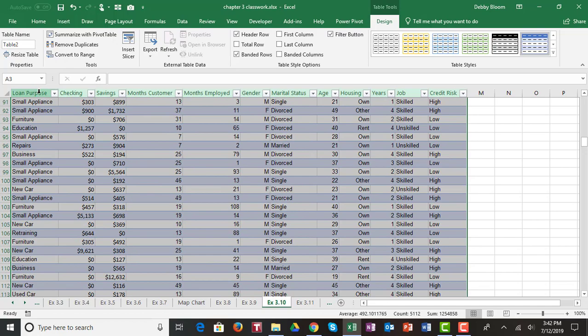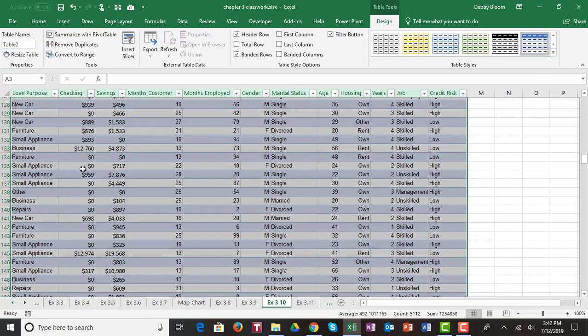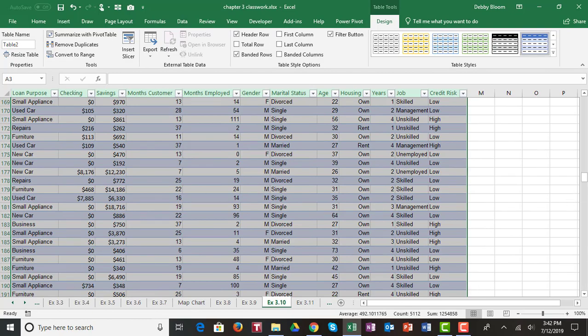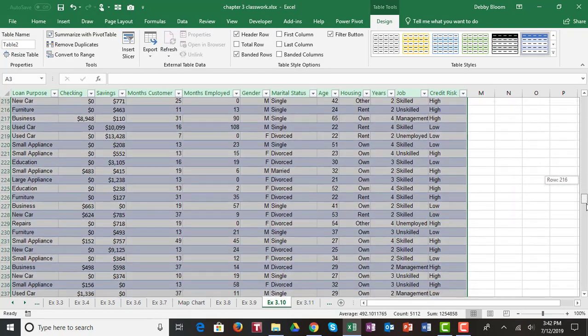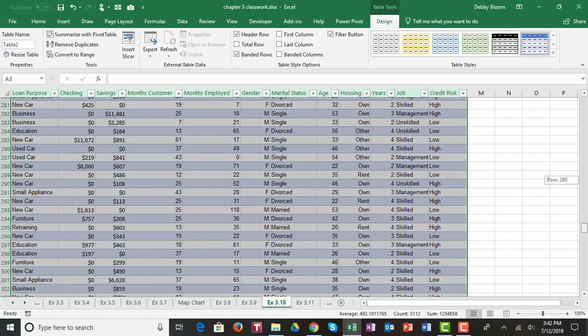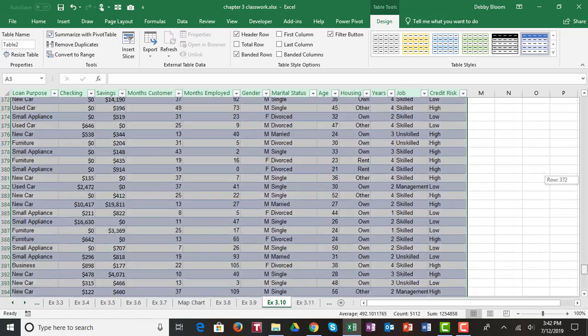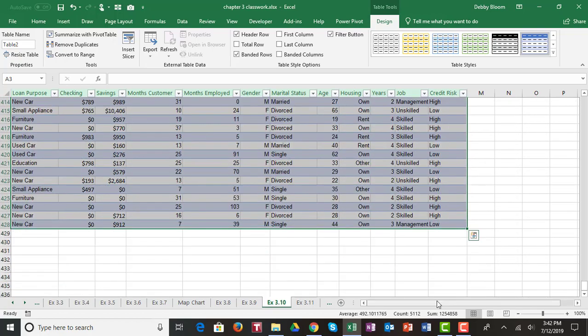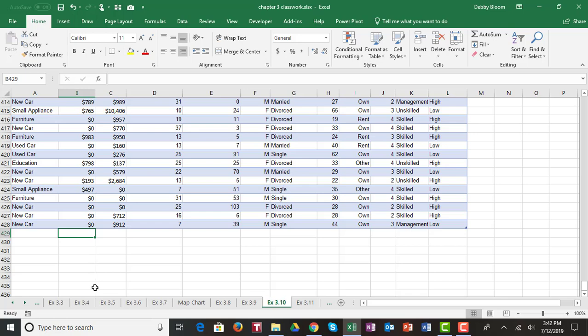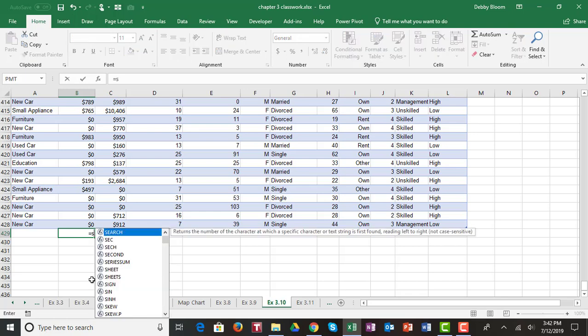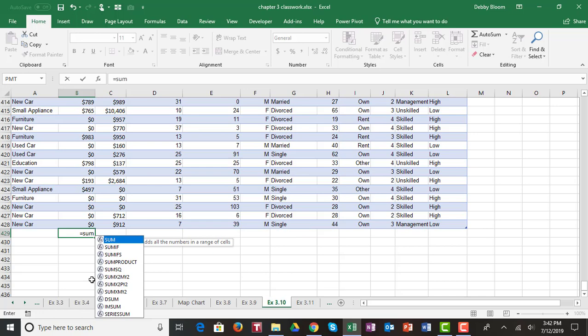Notice now that we have a table, it's automatically frozen the titles, so even as we scroll down, I'll use the scroll bar, we can still see which column has which header. I'm going to scroll all the way down to the bottom of my list. I'm going to click in cell B429, and I'm going to type equals SUM, open the parentheses,